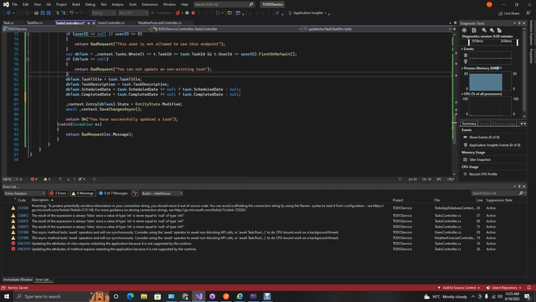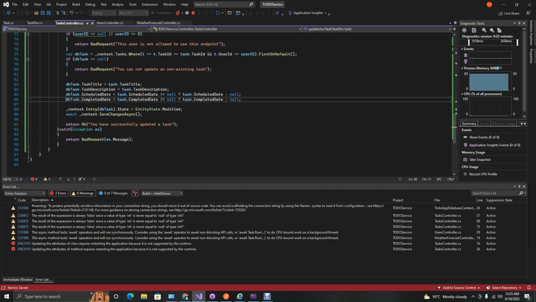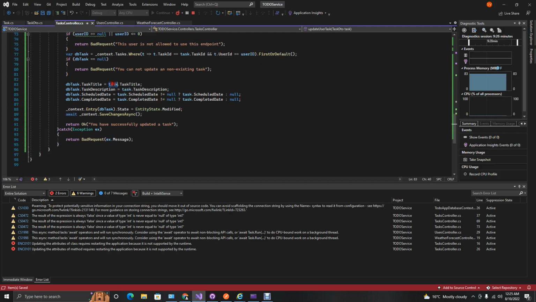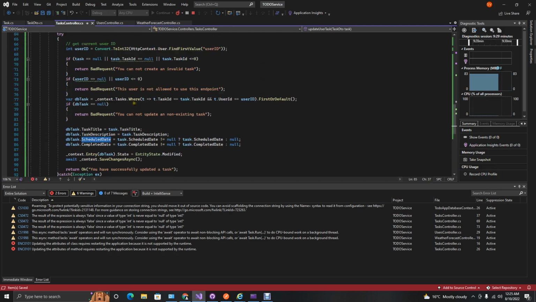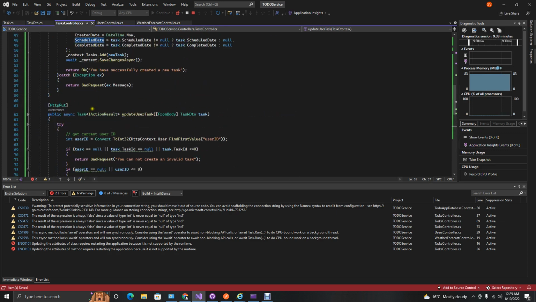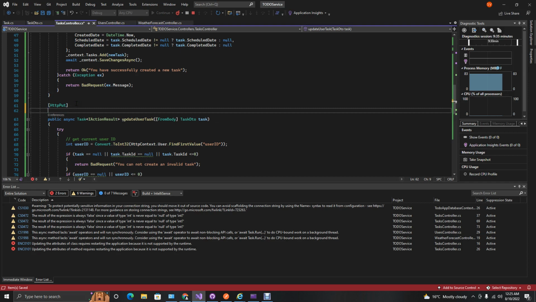Okay, we could just try to, yes, task ID shouldn't be updated and the user ID shouldn't be updated. Yeah, okay. I guess this is what we need. Oh, we need to also have a route for this, right? So the route for this will be coming in from this route, and then we'll just say update task. So we want to say update the task,